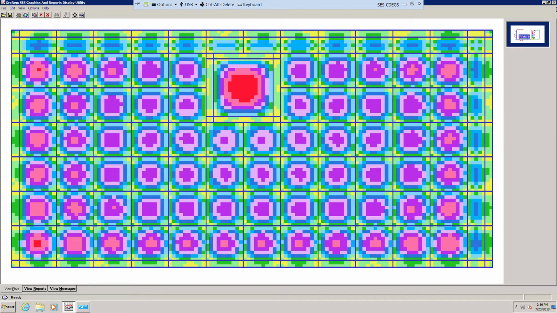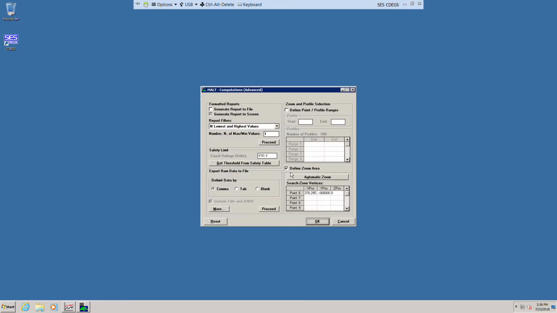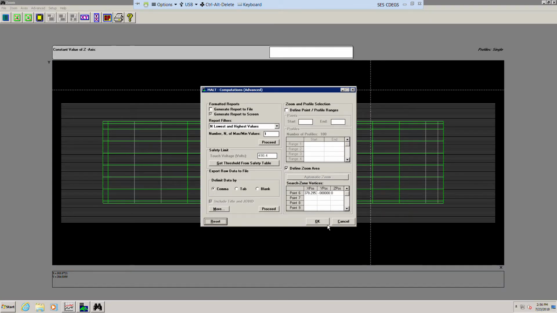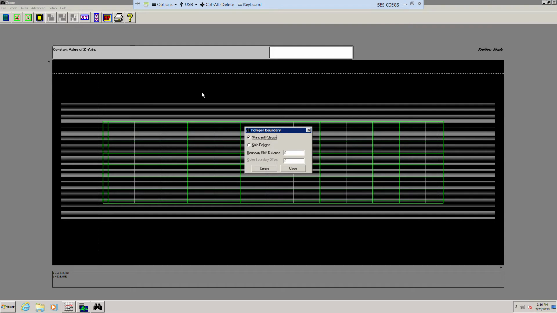And so we can close this window out, and then for us to check the step potential, that was for the touch potential. Now for us to check the step potential outside the fence, we want to limit our examine area to 50 feet outside the fence. And so we're going to come down here again, click advanced. We have this already checked, define zoom area, and then we click on automatic zoom, and so it gives us this window again. And what we're going to do is click on advanced, create zoom boundary, and this time click on strip polygon,